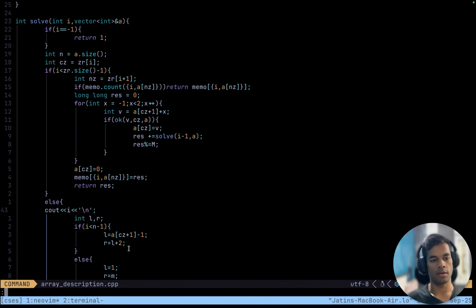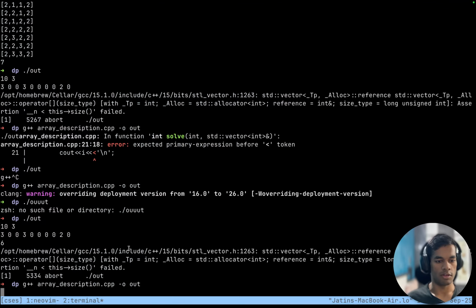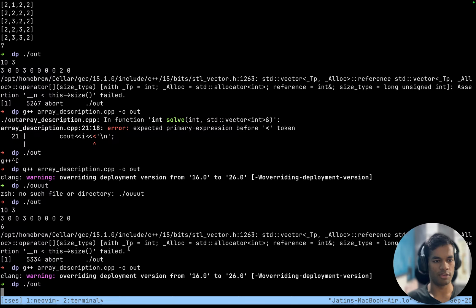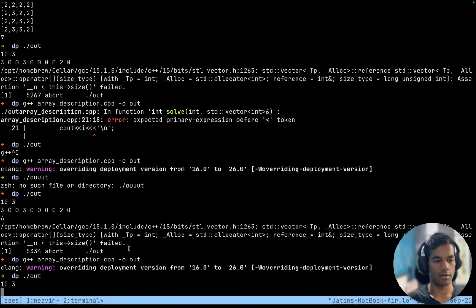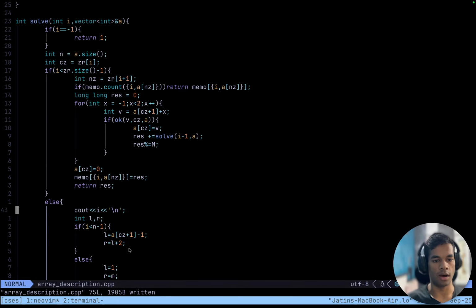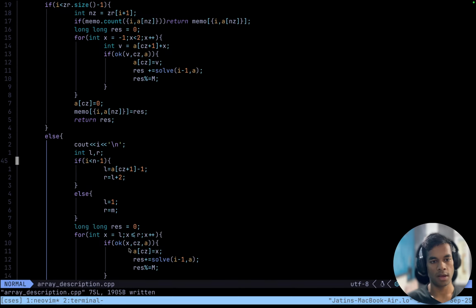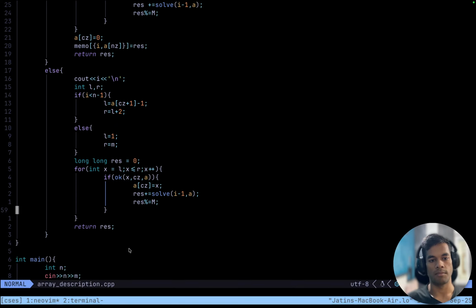Okay, this will be our first one here. Let us compile, dot slash out, 10 3 3 0 0 3 0 0 0 0 2 0. Okay, we are inside this thing. That is also good. And the left limit and the right limit should be different. Here, i is not less than n minus 1, i is equal to n minus 1. So left should be equal to 1 and right should be equal to n. Right. And then